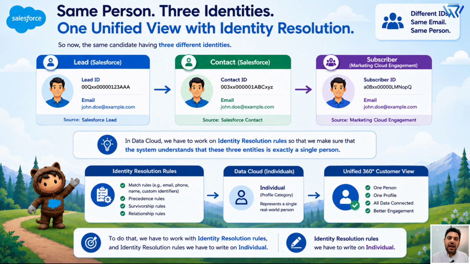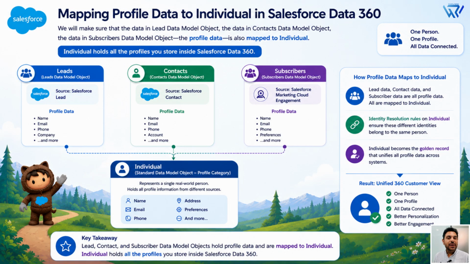In Data Cloud, we have to work on identity resolution rules so that we make sure the system understands that these three entities are exactly a single person. To do that, we have to work with identity resolution rules, and we have to write identity resolution rules on individual. So we will make sure that the data in the lead data model object, the